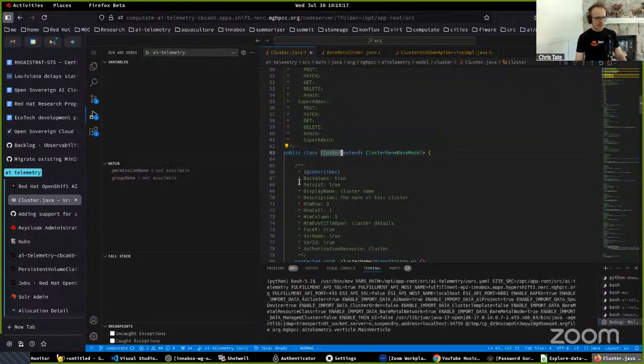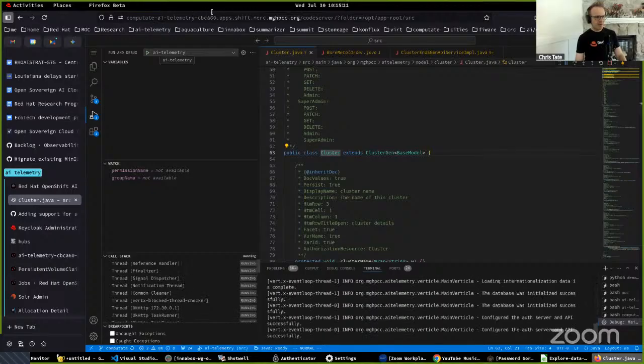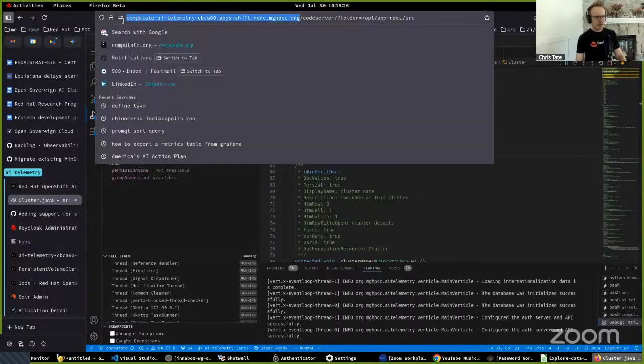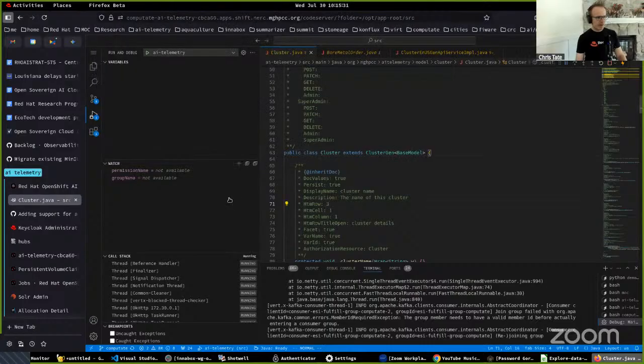Currently I can run this application from my VS Code workbench in the Mass Open Cloud environment. I have this VS Code workbench in the cloud, and I can run this, debug it,